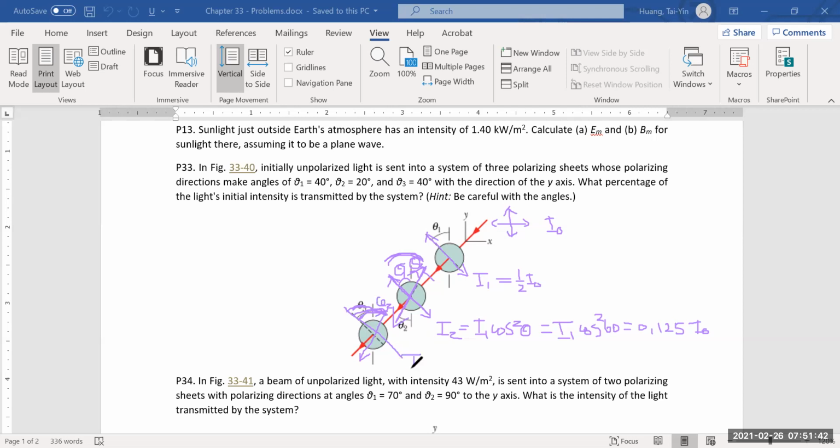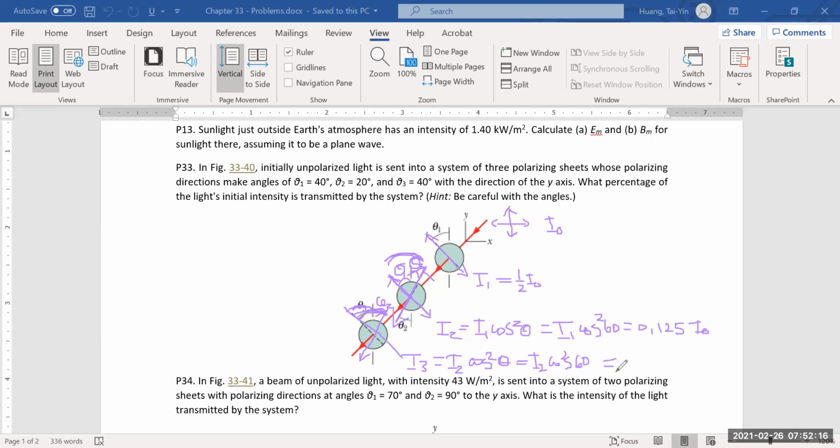So your I3, the intensity I3, is equal to I2 times cosine theta squared, and that theta is the angle between the third polarizing axis and this light passing through the second polarizer. So that again is 60. So you have I2 times cosine 60, you square it,